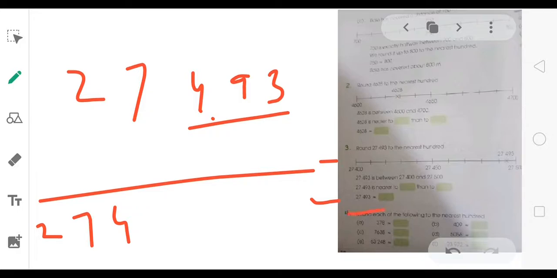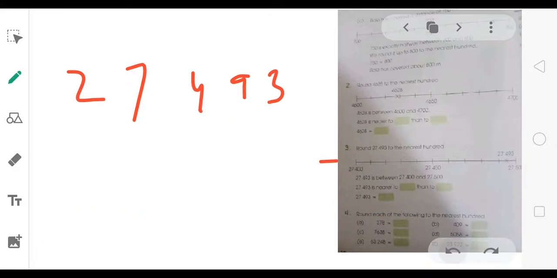And when you write it over here, the number 27,493, when you round it off, it will become 27,500. Is it clear? By doing this procedure, you are able to do question number 4 by yourself, and